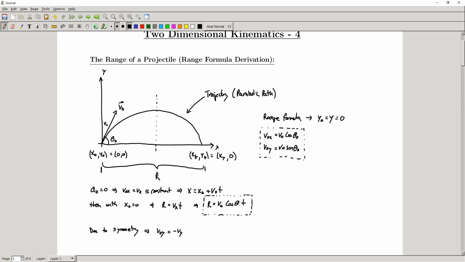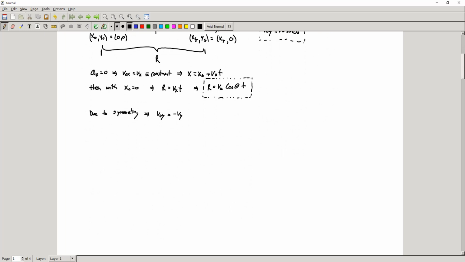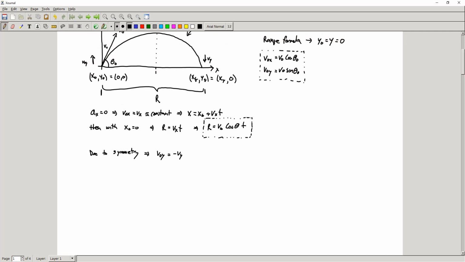So the y component of our initial velocity over here, we're going to have some initial upward velocity, right? We're going to have some initial v0y, and if there's no air resistance and the problem is totally symmetric, we're going to have the exact same magnitude, but in the opposite direction for our vy over here. Okay, and because that's the case, we can exploit this fact, and we're going to see how we can use that. Because this is the case, we know from up here that we can write our v0y in this form,